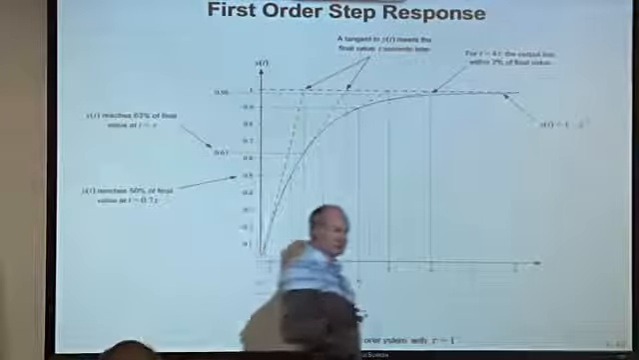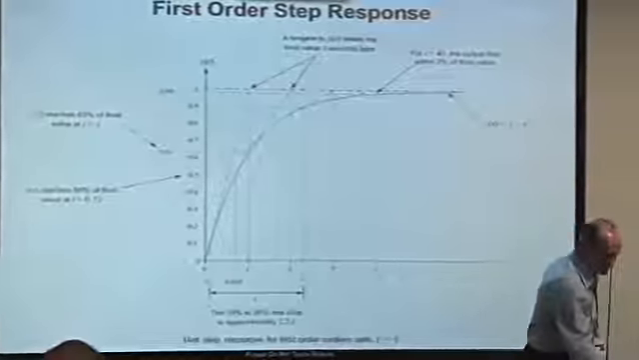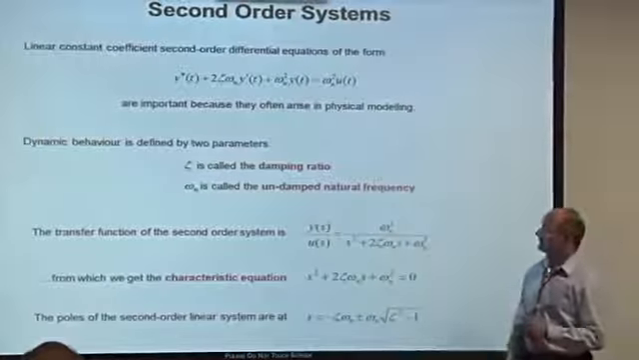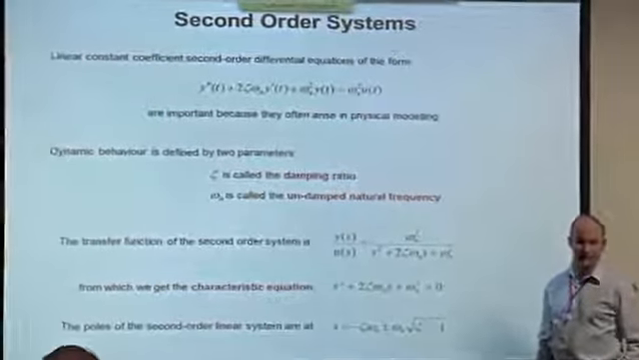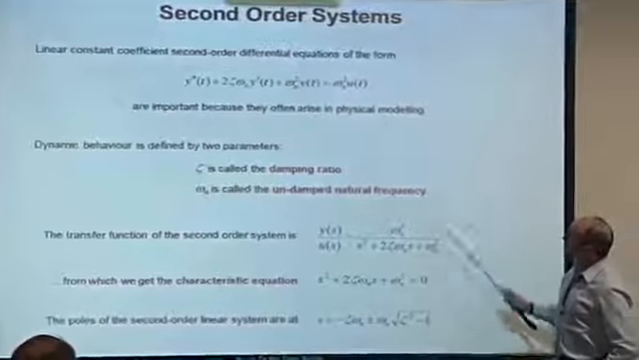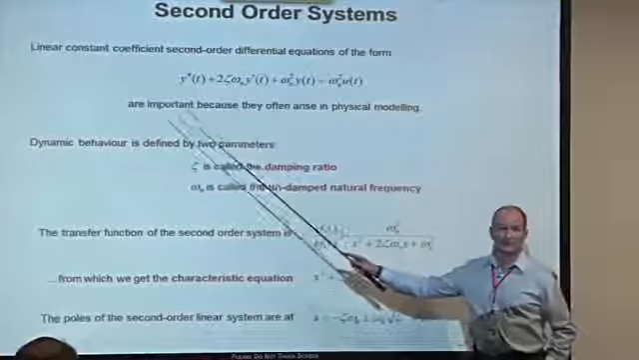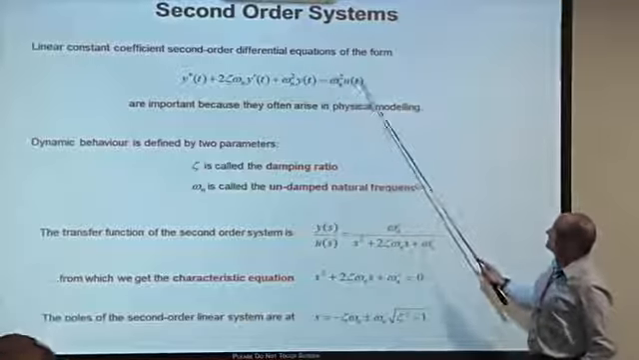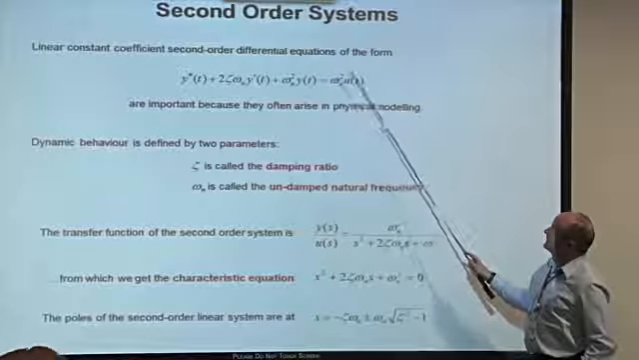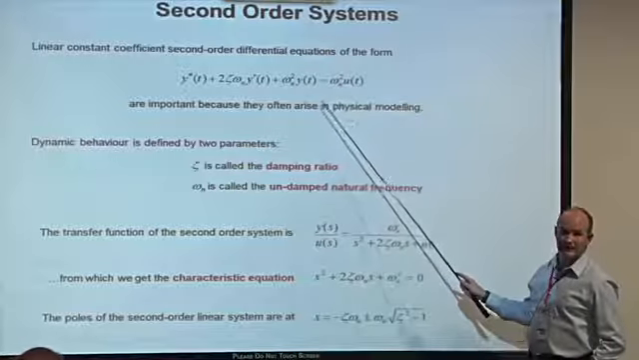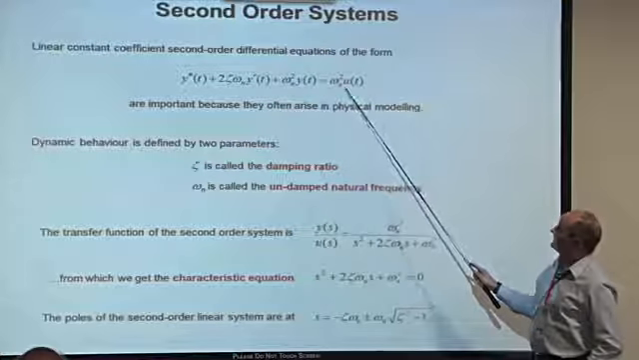For second-order systems, things are very different because the differential equation has 2 parameters now that we need to consider. Here is the classical second-order differential equation. The output side, u of t, has a parameter called omega n. Omega n squared appears over here. And then